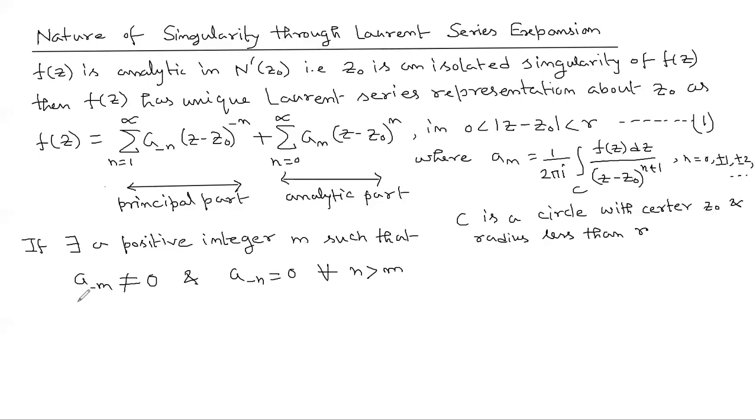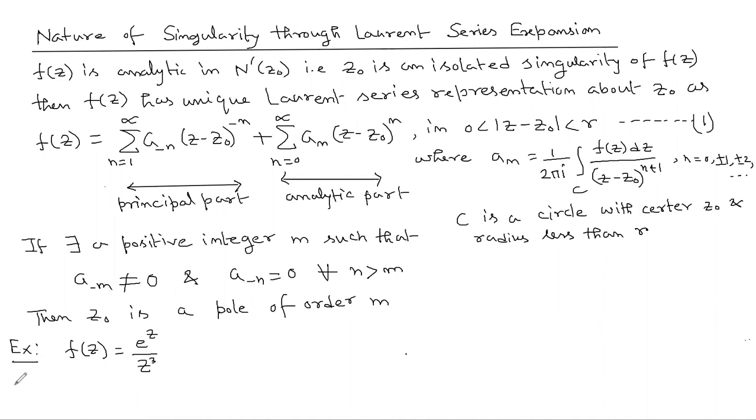So in this case, we say z0 is a pole of order m. Let us take an example. Let f(z) equal to e power z by z cube. So here z equal to 0 is an isolated singularity